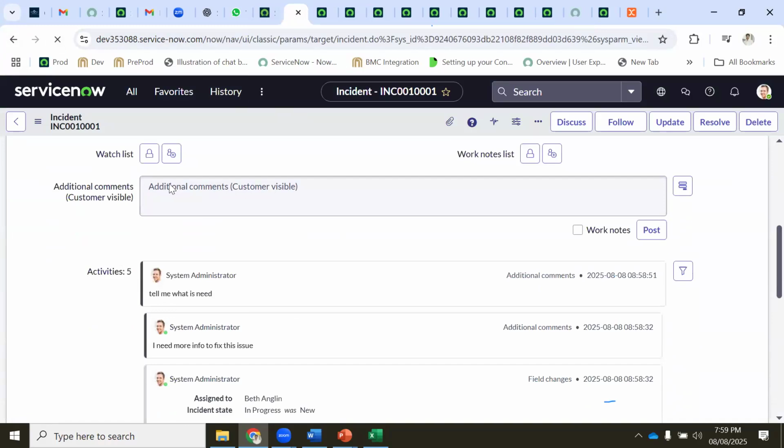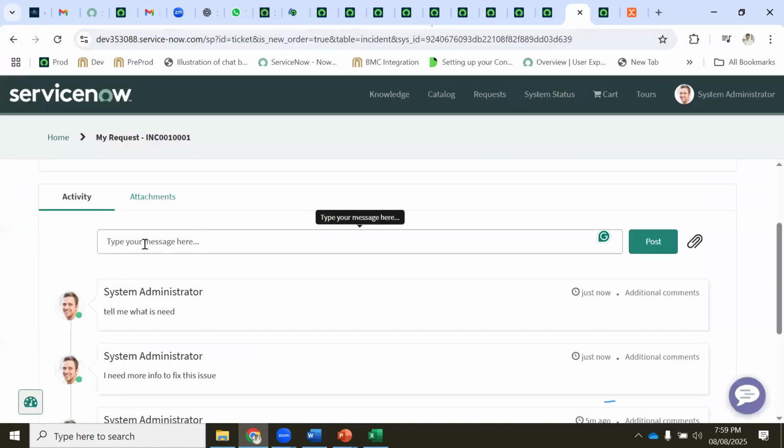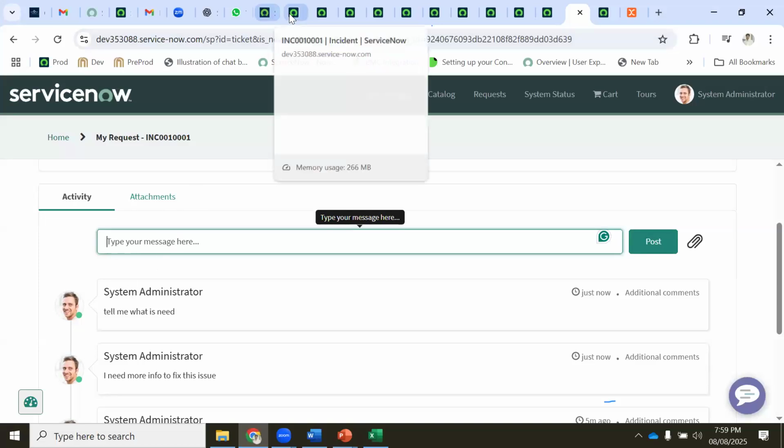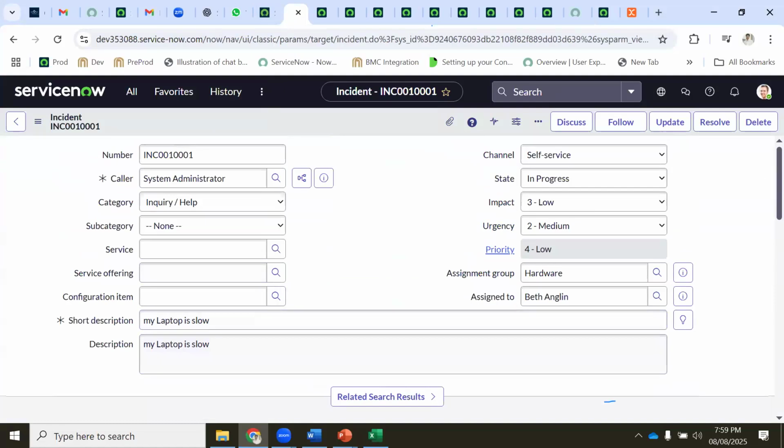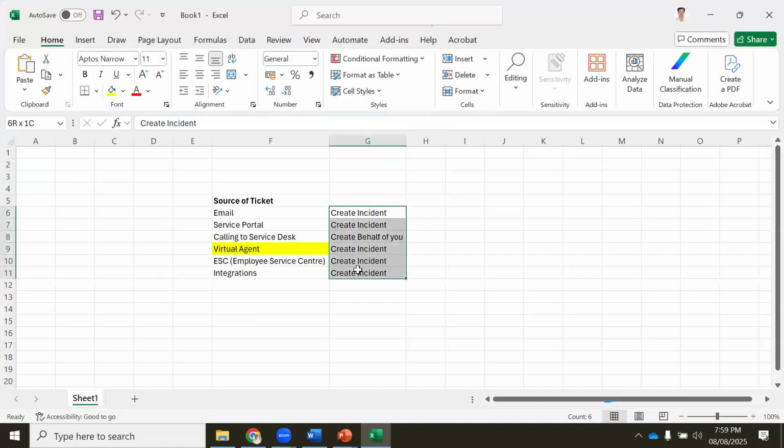This is the fulfiller agent who fixes the issue, and the real user who is facing the issue writes here, while the agent working to fix your issue writes here. They can communicate this way and start working on the issue to fix it. So these are the channels to create an incident.